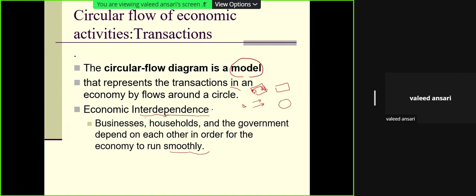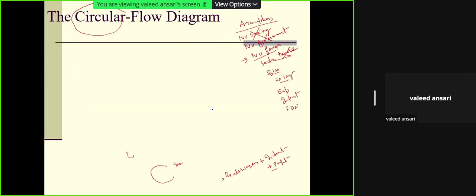For a smooth operation of business, the household sector has to spend money on goods and services. Otherwise, unsold goods will not act as an incentive for businesses to make further production, and further production means more income. More income means more spending by the household, and so on. So the virtuous cycle may not be created because of that.